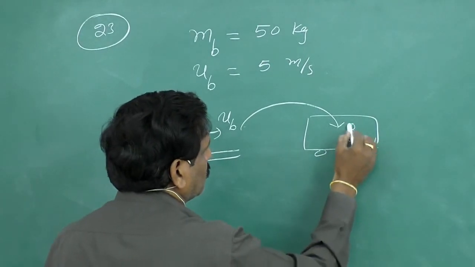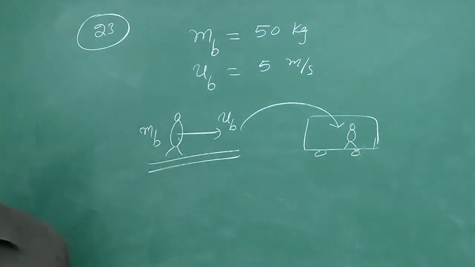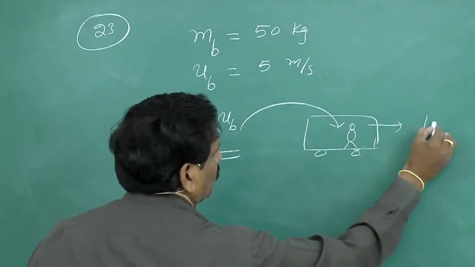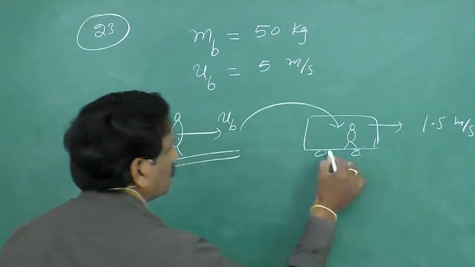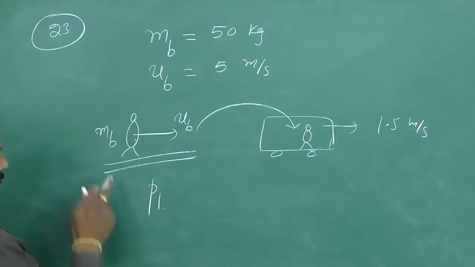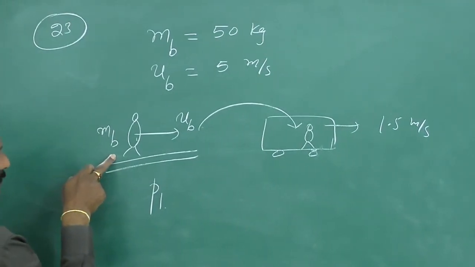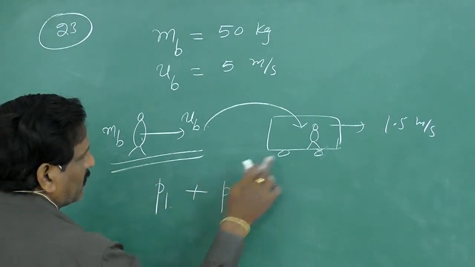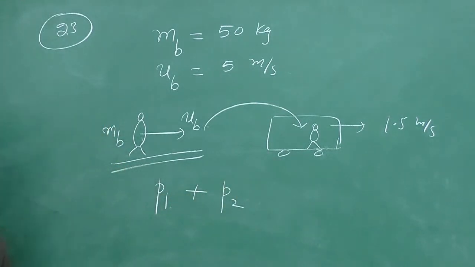We have to calculate the common velocity. Initially this trolley is also moving with a certain velocity, 1.5 meter per second, so initially it has certain momentum. So, P1 is the initial momentum of the boy plus P2, the initial momentum of the trolley. When the boy jumps onto the trolley,